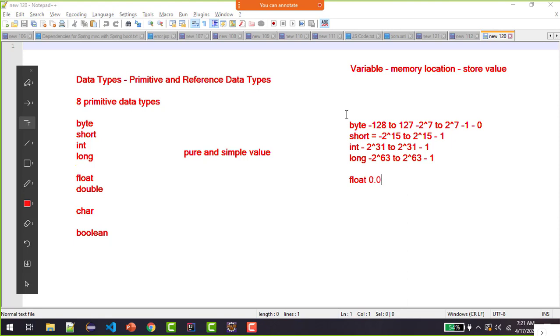Similarly, float is for floating point numbers such as currency, for example. By default it is 0.0f, used where precision data is needed, such as area, or where multiple decimal points are included. Double is to float as long is to int, a larger value. By default double is 0.0d.